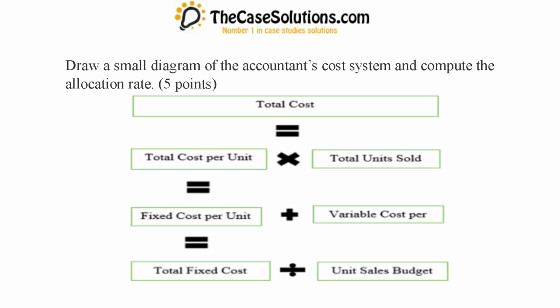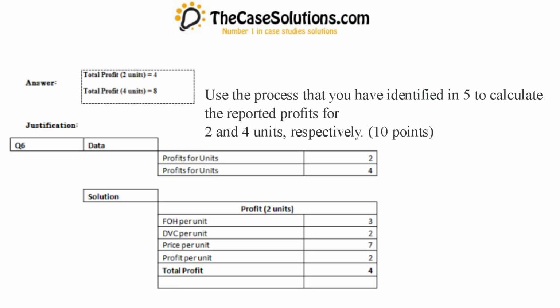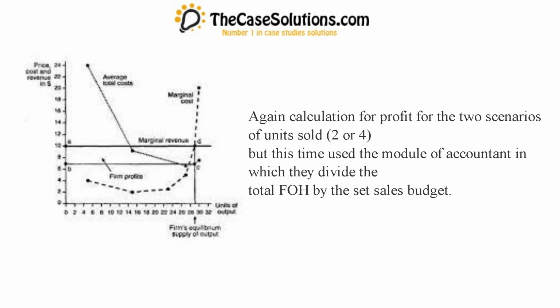Draw a small diagram of the accountant's cost system and compute the allocation rate. 5 points. Use the process that you have identified in 5 to calculate the reported profits for 2 and 4 units, respectively. 10 points. Again, calculation for profit for the 2 scenarios of units sold, 2 or 4, but this